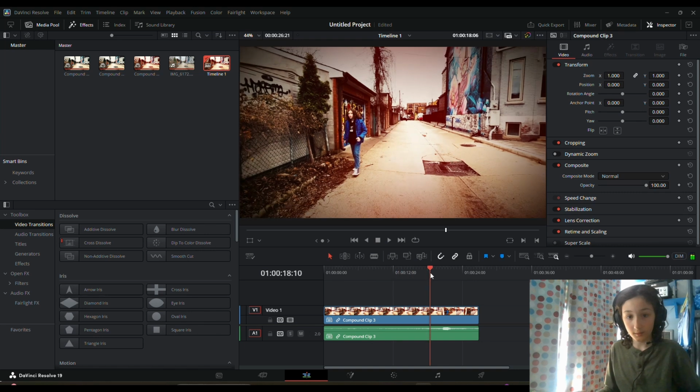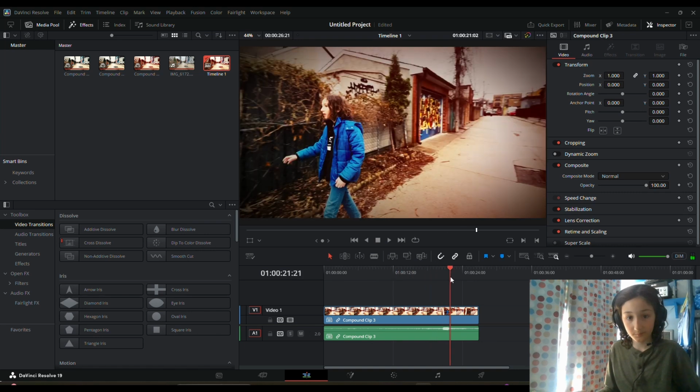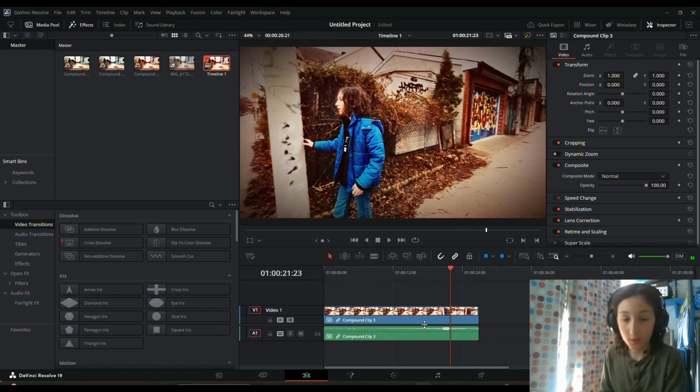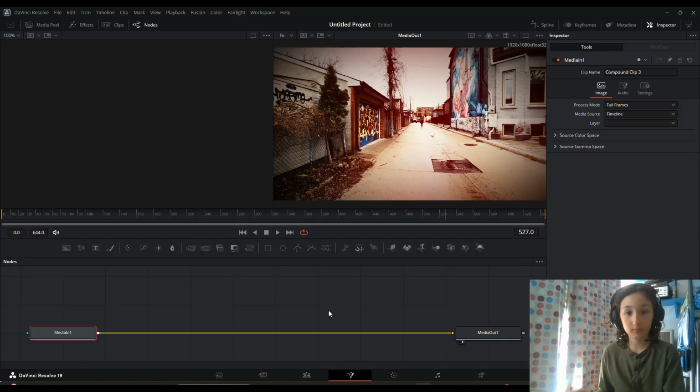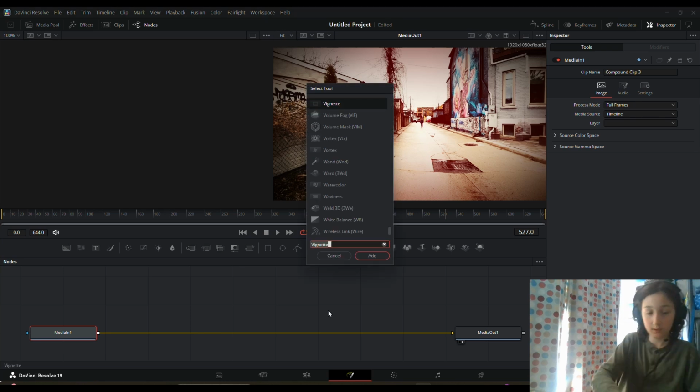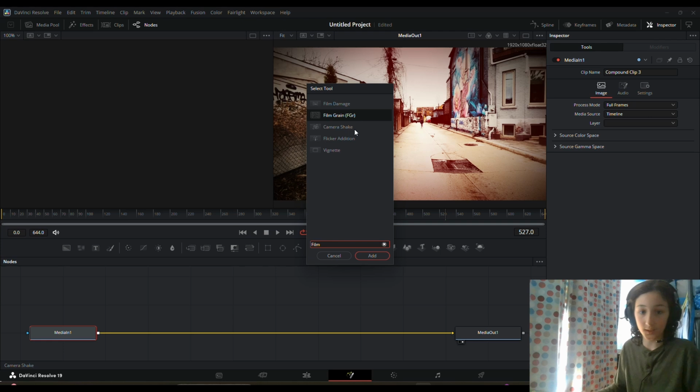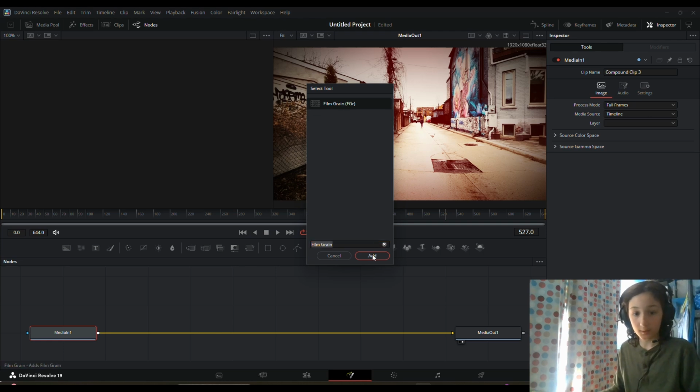Next, what we want to do is we want to add some grain to our footage. So I'm going to go to the Fusion page, and I'm going to create a new node with shift space yet again. Then I'm going to go to film grain. This is the final step, by the way. So I'm going to add that,